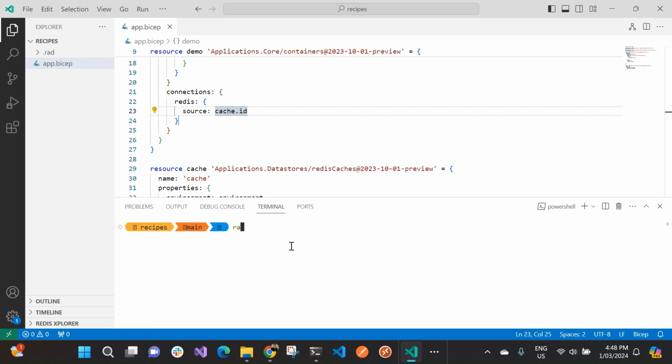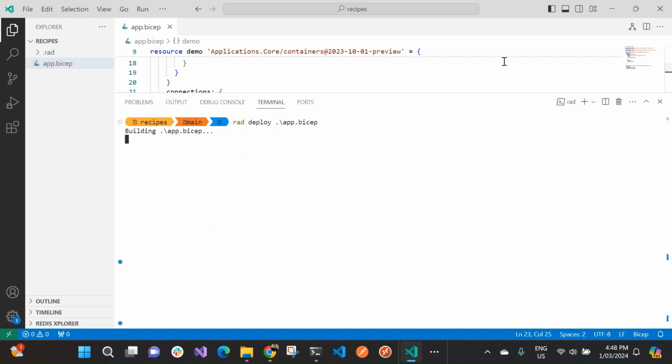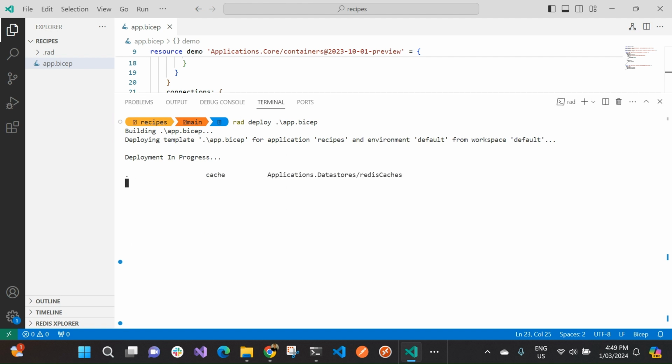So what I want to do is deploy my application. I can do that with rad deploy and pass in my bicep file. And what that's going to do is build my app.bicep file. It's going to deploy my template, and it's going to deploy my resources. So it's going to start off with my cache. And then once that cache has been deployed, it should start deploying my front-end application. There it goes, or my demo container. And then once that is deployed,